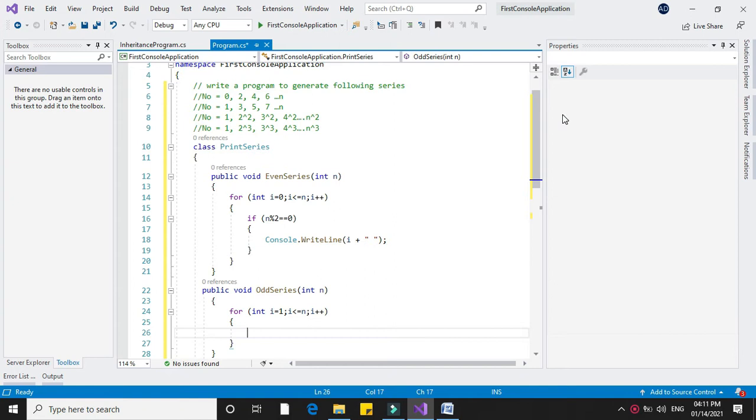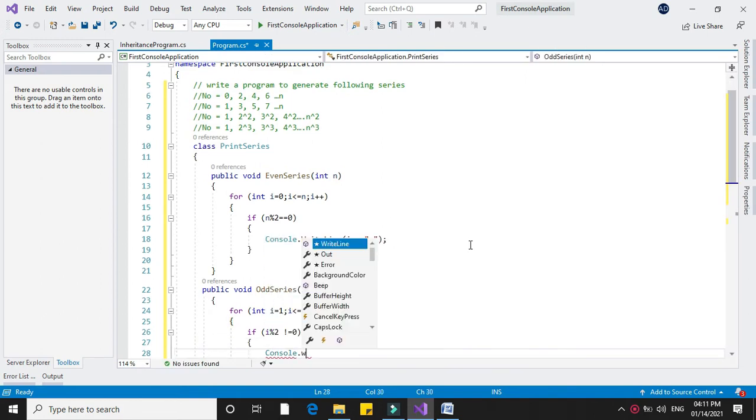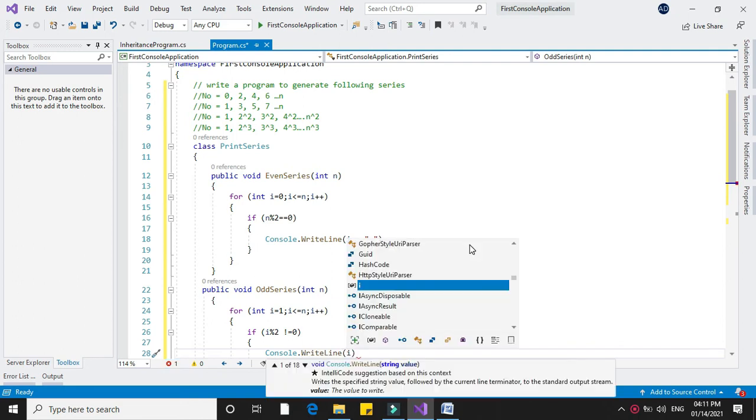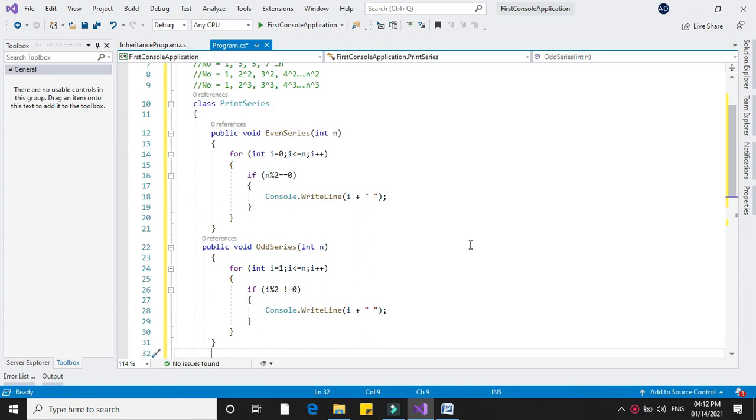Here we will check the number is odd. So with an if statement, if i mod 2 not equal to 0, then it will print the value of i, and I will concatenate it with a space.